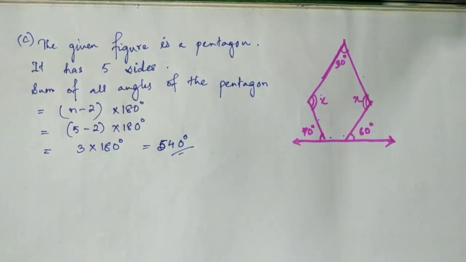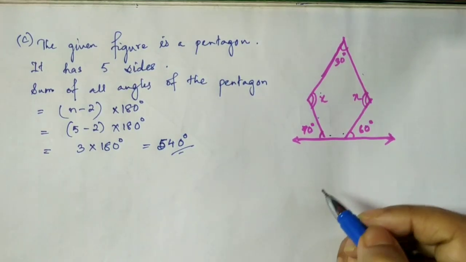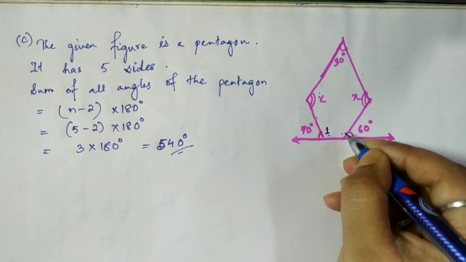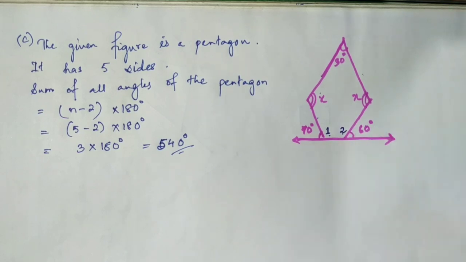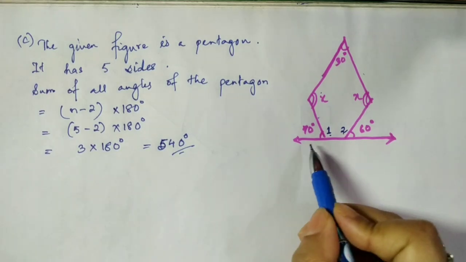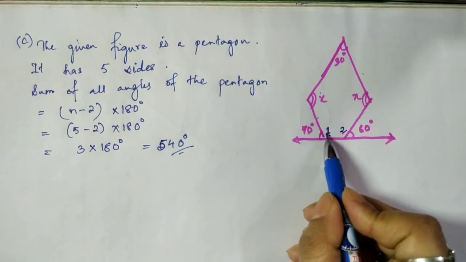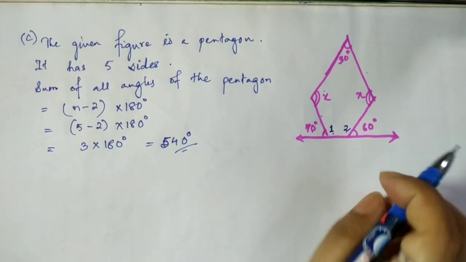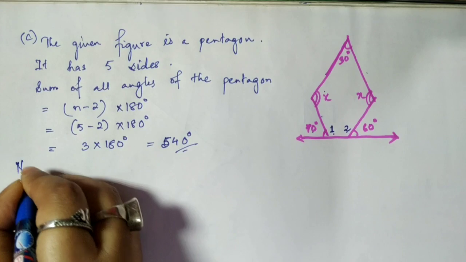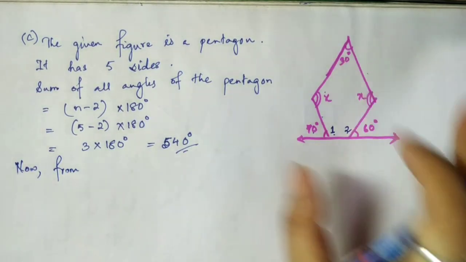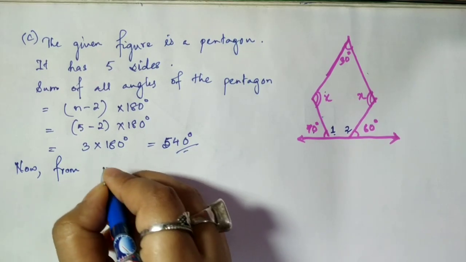But you can see that these two angles are not given. So how? Let me name these two angles as 1, okay, and this angle as angle 2. Because ABCD or PQR is not given here, so let me name it as angle 1 and 2. Now if you can see properly, this is a straight line and this forms linear pair. You got in class 7 what is a linear pair. Okay, so now that is from the figure we are writing. We have no name of the polygon given. So we can write now from the figure.